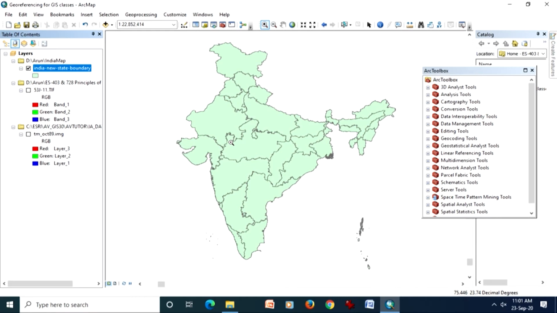Also, this ArcGIS software has one additional feature: if I am already displaying a file like the India boundary here, which is already georeferenced, and I have another georeferenced file in a different map projection, and I add that file, then there is the possibility of on-the-fly projection.